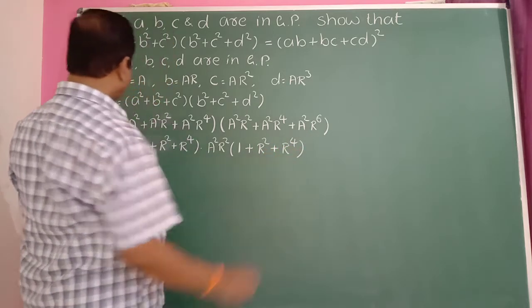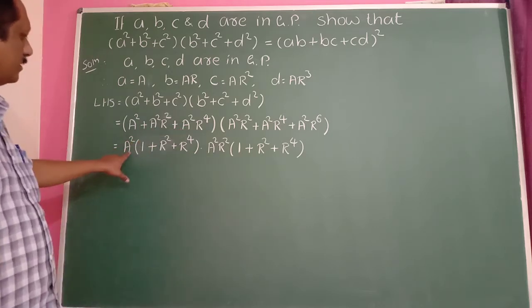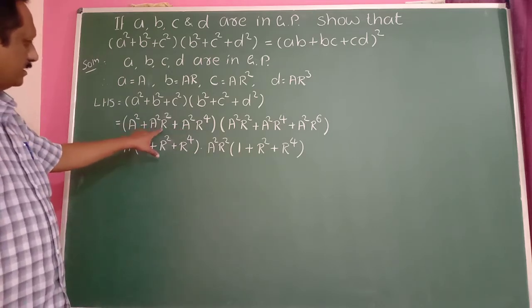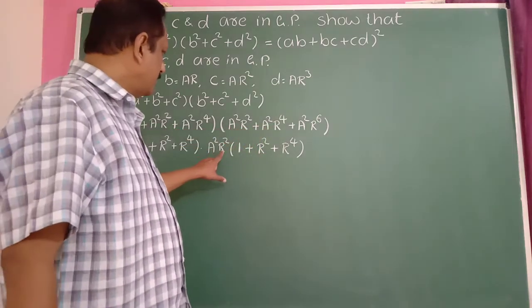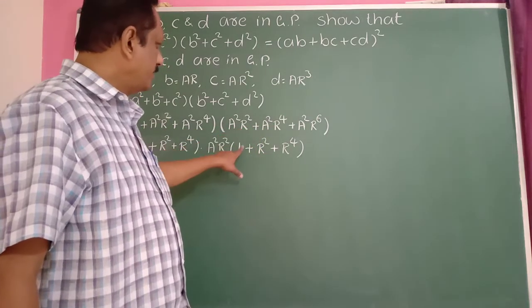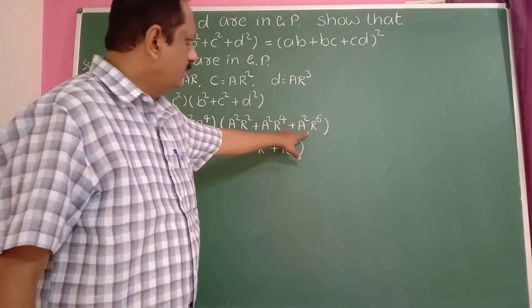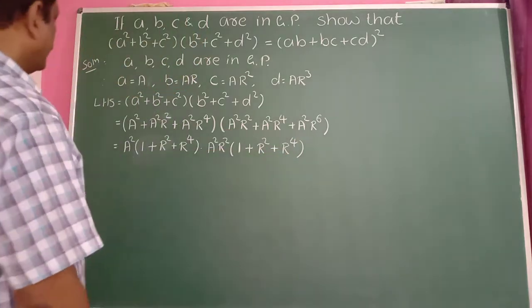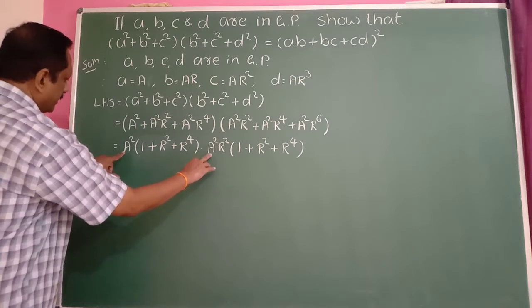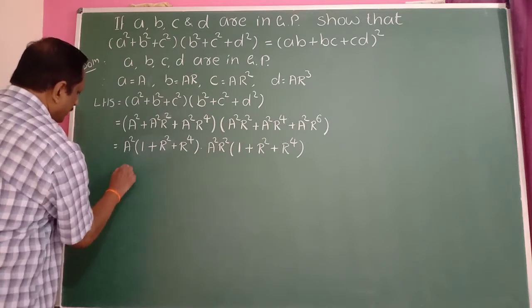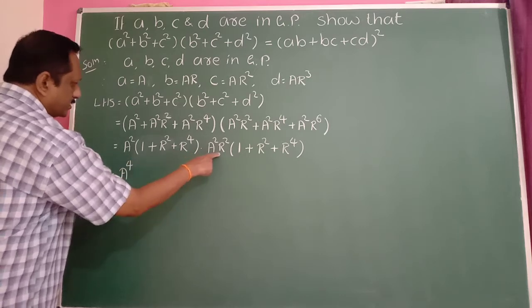R into 4. Okay. From these three terms, a square is common here. So remaining is 1, r square plus r into 4. From these three terms, a square r square is a common factor. Therefore, write here 1 then r square plus r into 4 here. Therefore, this is equal to a square into a square becomes a raised to 4 into this r square